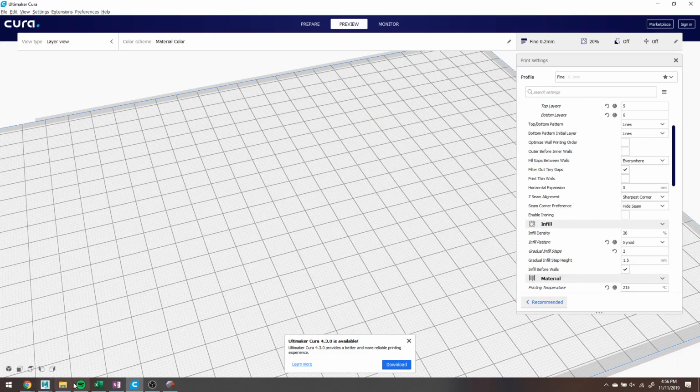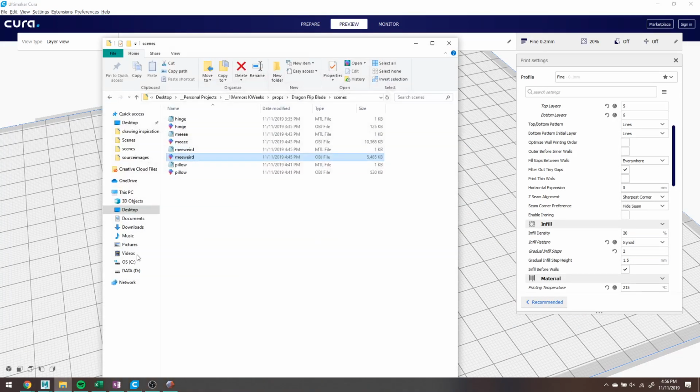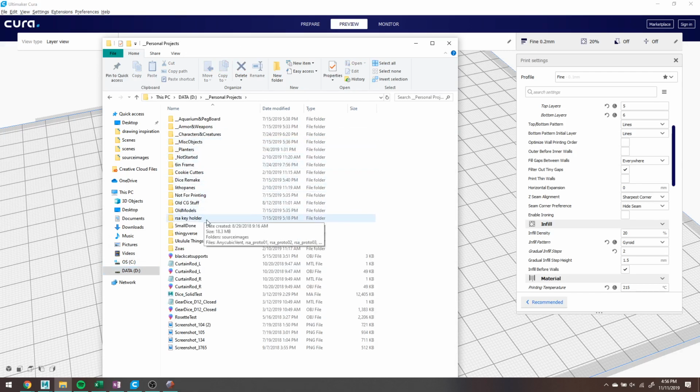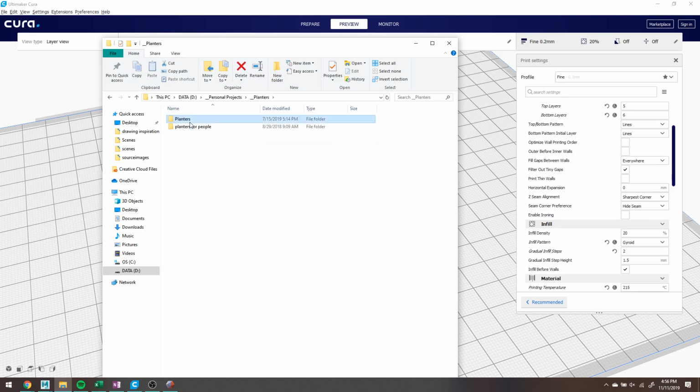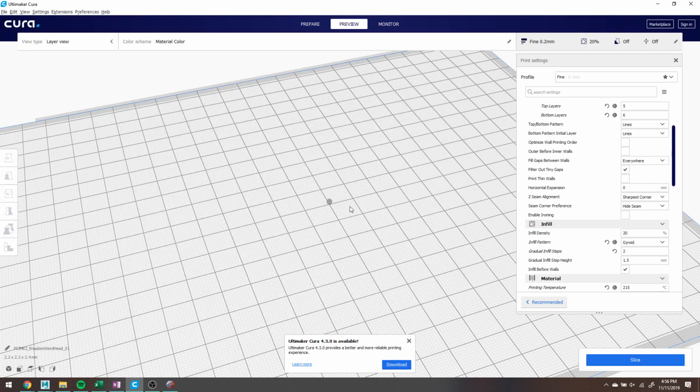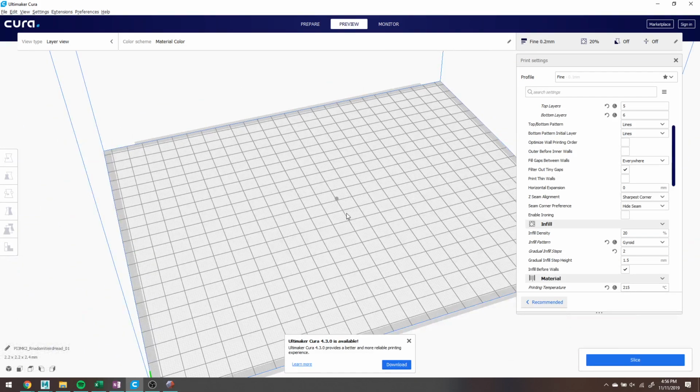I'm going to delete this really quick, and I'm going to grab a planter because this does some weird stuff to that. Basically, if you have really, really thin walls, it goes through and tries to, if there's a space that's not quite big enough for extrusion, but it's a little gap, it'll put little blobs of plastic in there. And doing all of those extra travels and extrusions usually causes a bunch of extra time on your print. And a lot of times it doesn't do anything particularly great for